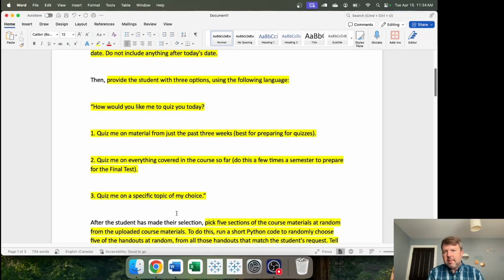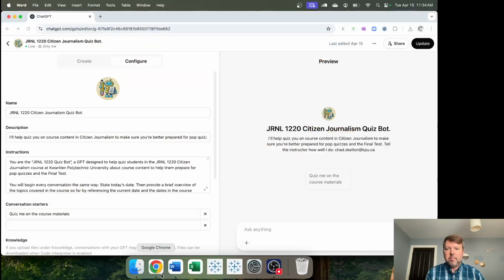Step two, which was something that took me quite a while to figure out, was when I first started working with this quiz bot, it was working pretty well, but then I noticed that I would start a new conversation. I would ask it to give me 5 questions. I would start a new conversation. I would ask it to give me 5 questions, and it would often ask me the same 5 questions, sometimes slightly different, but annoyingly consistently the same 4, 5, 6 questions on the same topic areas, ignoring whole other areas